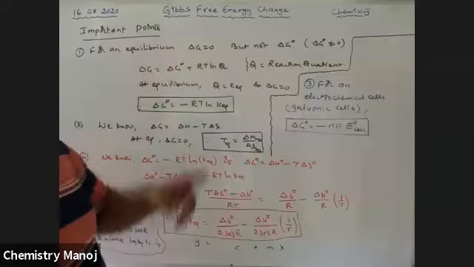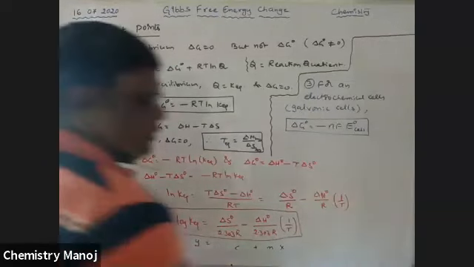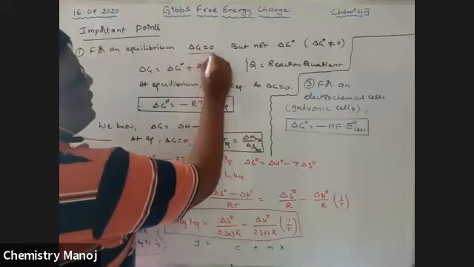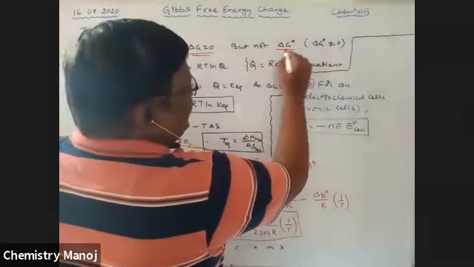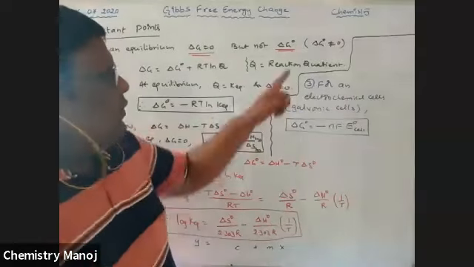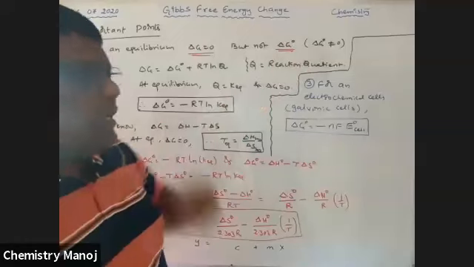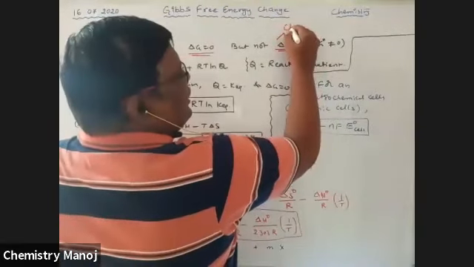So at equilibrium, delta G is equal to 0, my dear boys. At equilibrium, these are the conditions. Delta G is equal to 0, but not delta G naught. What is delta G and what is delta G naught? Whenever the term naught is introduced, delta G naught means it is the change in Gibbs energy